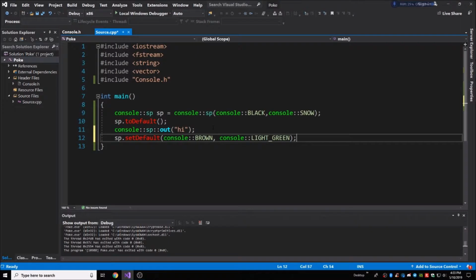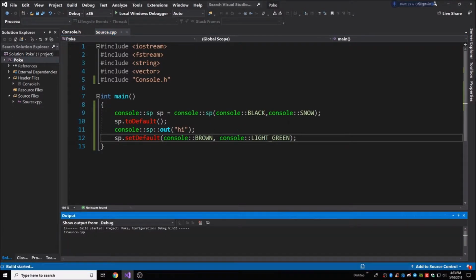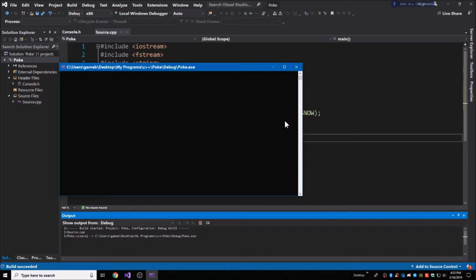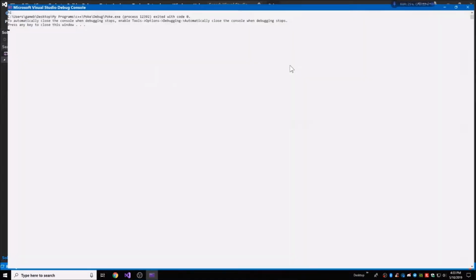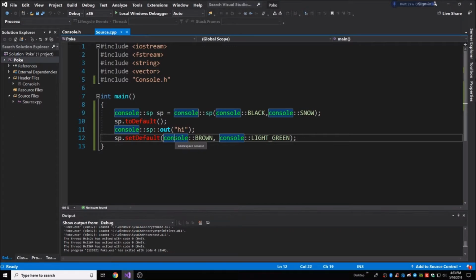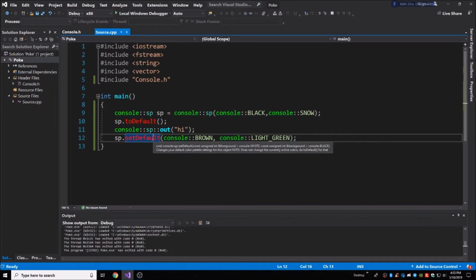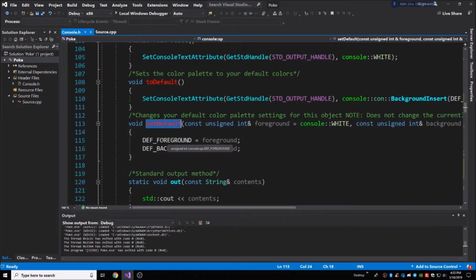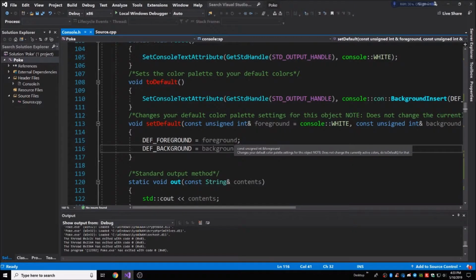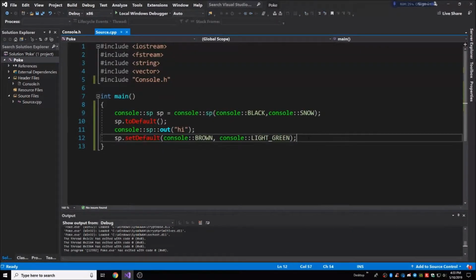As you can see, I set the default now. Everything is A-okay. So when I run this, you may notice something though. Nothing has changed. Well, oops. Once again, remember, you have to provide it for yourself. Because, of course, this is not going to work out correctly right away. Because remember, if I were to go to set default here, all it does is set up the default, but it does not do toDefault. It does not call that toDefault method. That's why you need to, once again, if you want to set a default, you have to then do